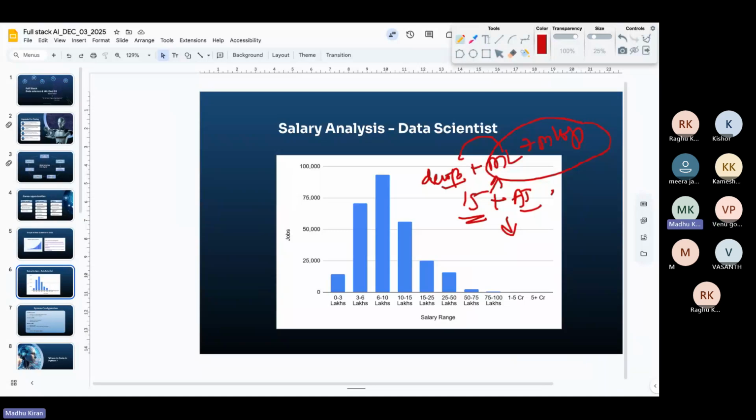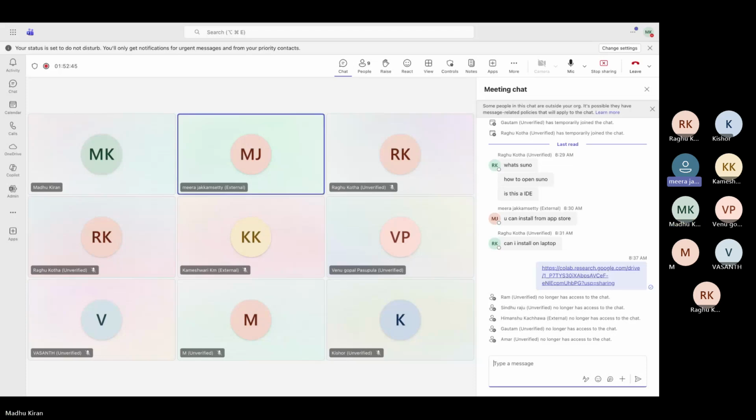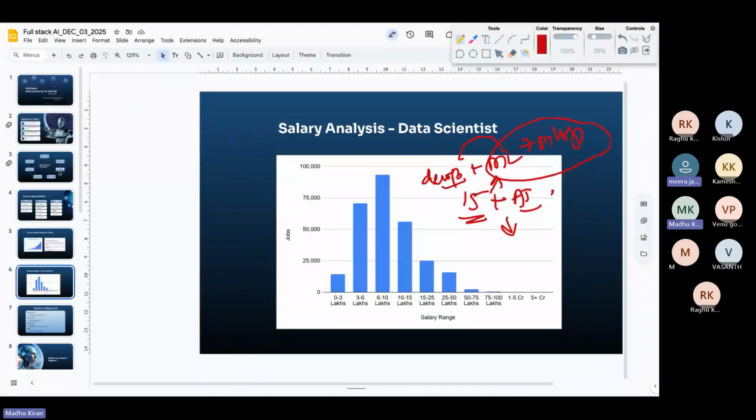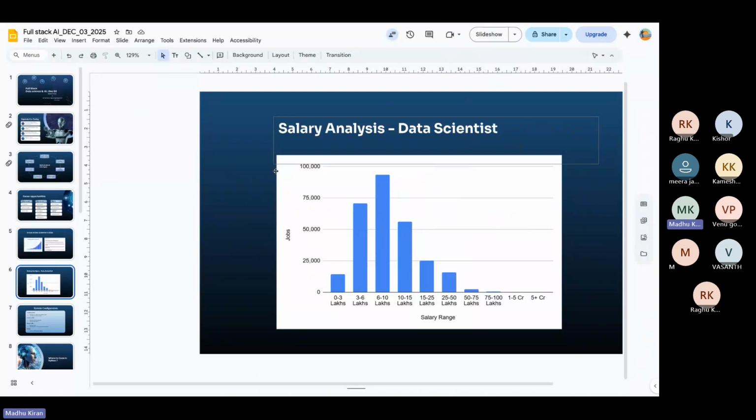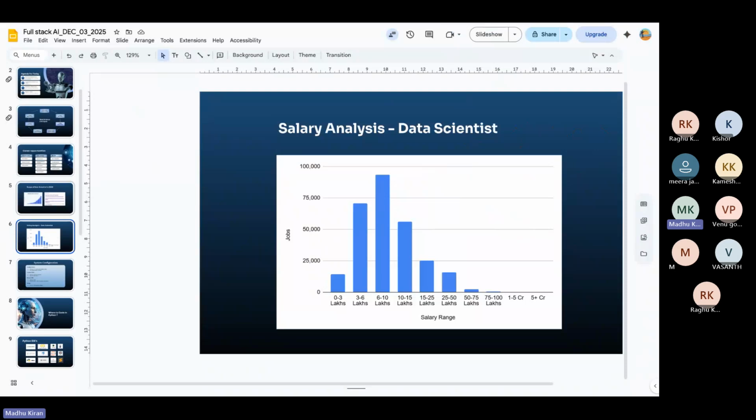Any more questions? Yes, Meenakshi. Can we get access to the presentation deck? You have the recording where you can go through the details of the presentation, but the presentation is personal, so I cannot share it with you. But in the recording, you have all the details of the presentation.